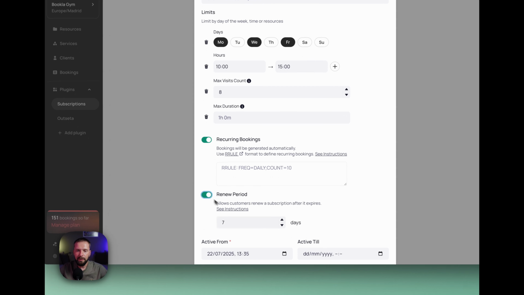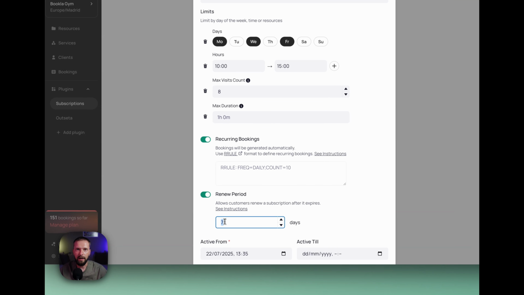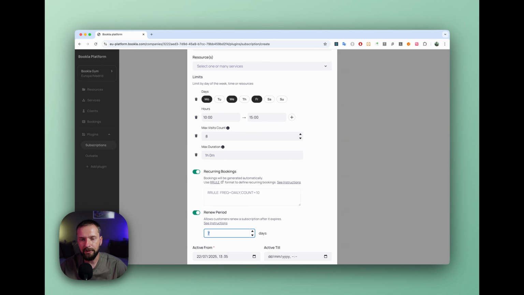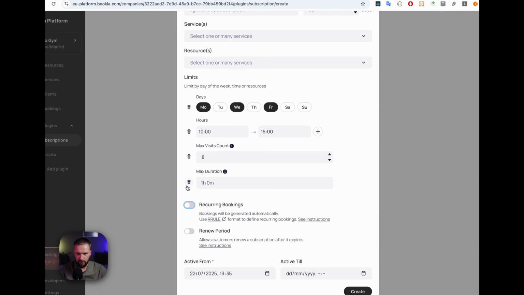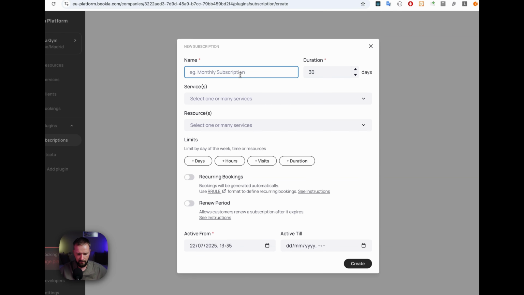And the renew period, so when your customers purchase the subscriptions, they will be able to renew the subscription. And for example, if you have limited spots for your subscriptions, your customers will have, for example, 7 days to renew after the subscription expires, not to lose the place in the group. But for our first subscription, let's just remove all those unnecessary parameters,